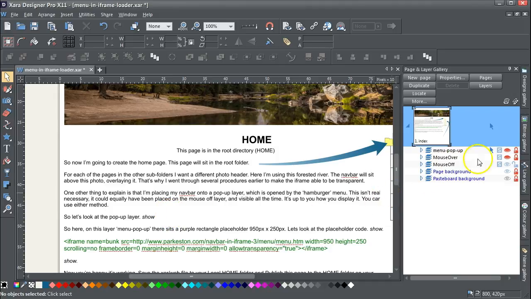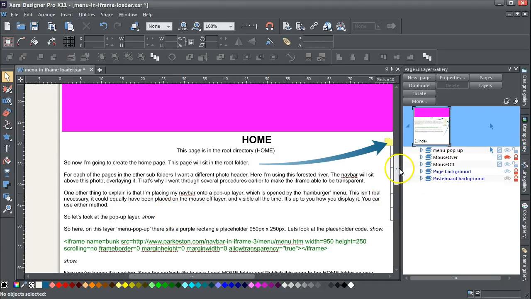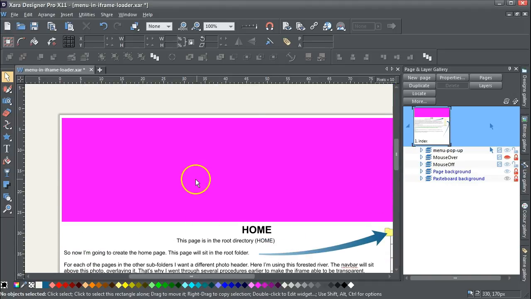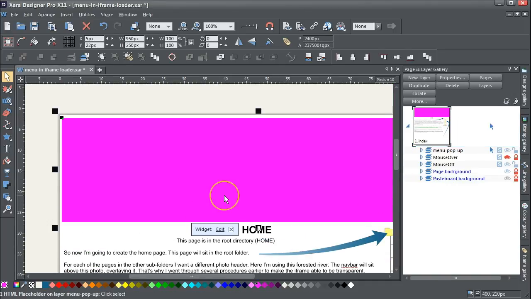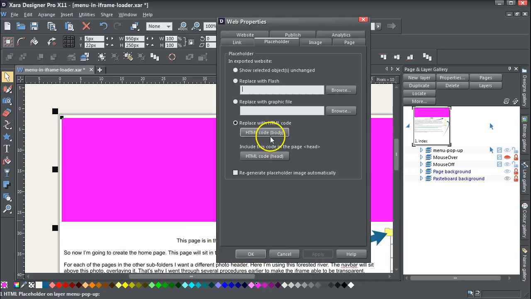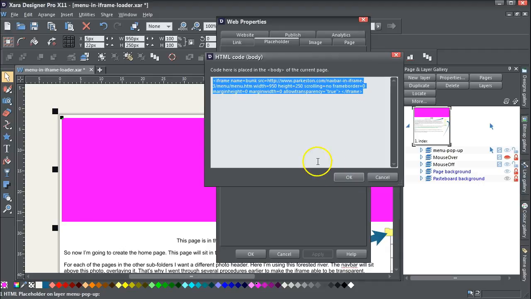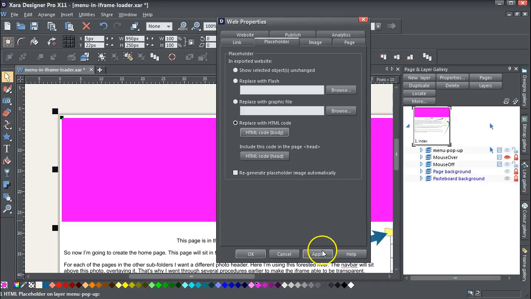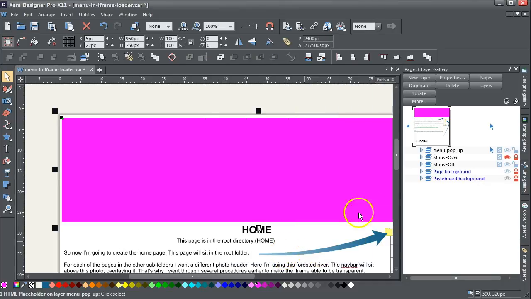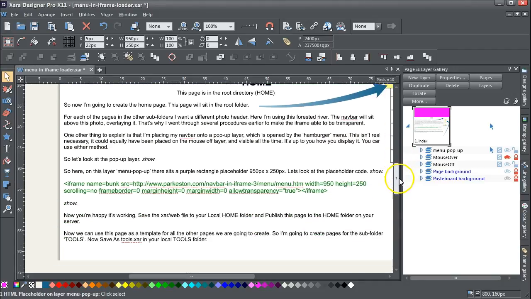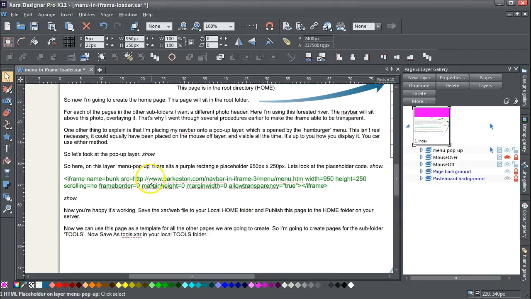Okay, so let's look at the pop-up layer now. And just scroll up here, and it's just a purple coloured placeholder, which is 950 by 250 pixels. And if I click inside to edit it, you can see this is the body code, HTML code, and I'll just cancel that. Come down, and I've pasted this code in here,